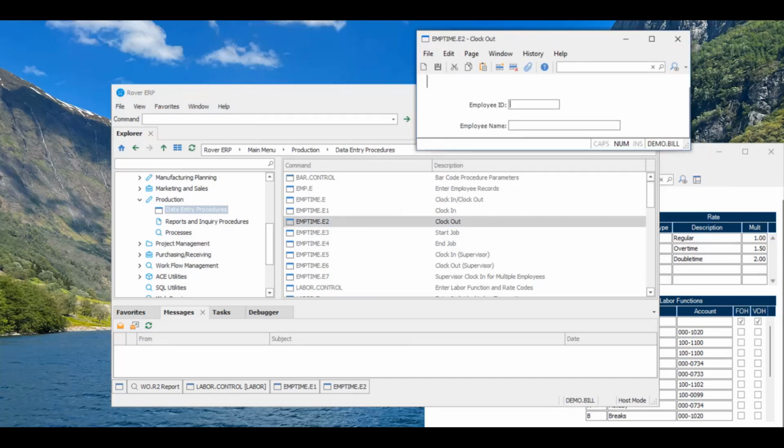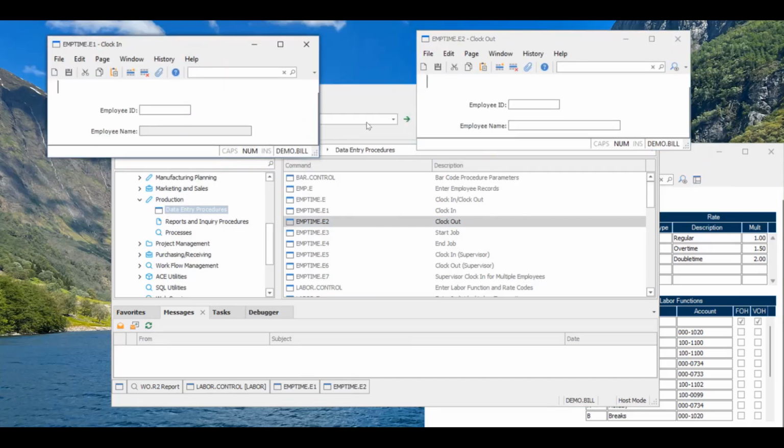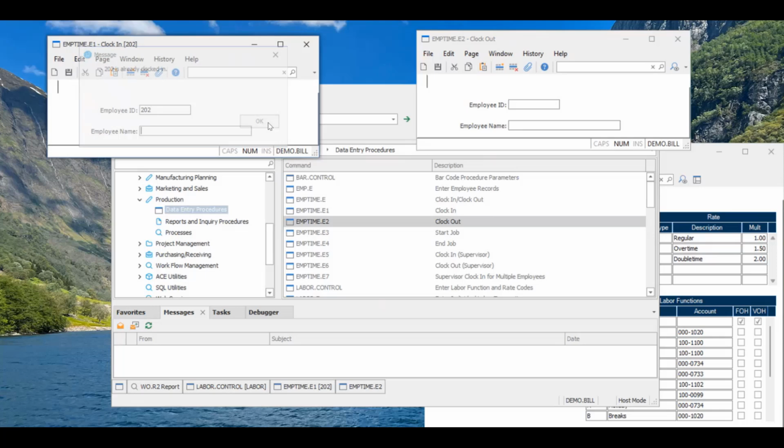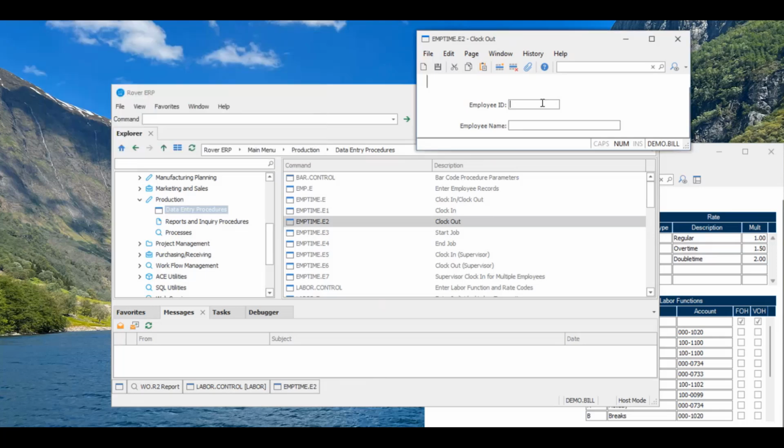So there's your clock in, clock out. These do the same thing that emptime.e does. It's just they're broken out and only allow you to log in this way. So if I try and do 202, it's going to say, hey, sorry, buddy, you're already clocked in. Oh, cool. Okay. I can go about my day. Now, if I want to clock out,